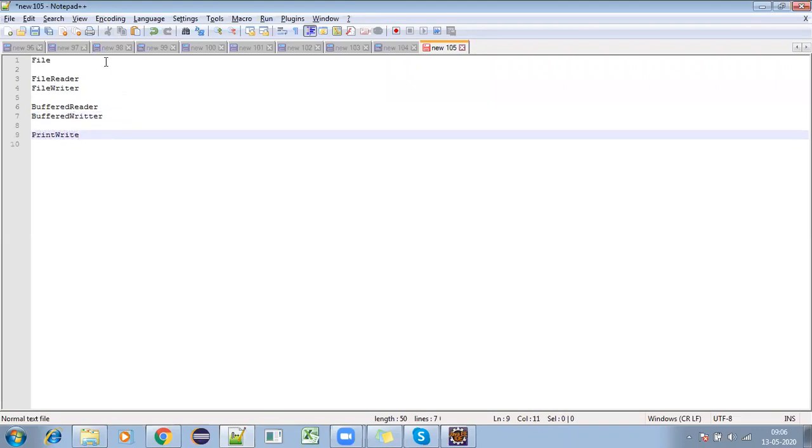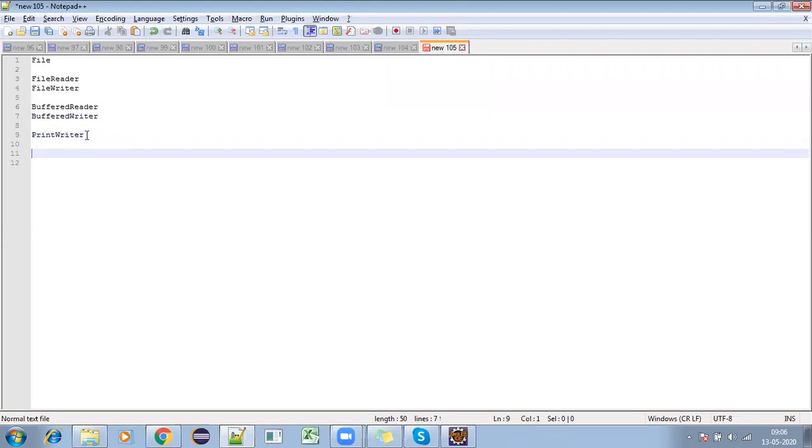What we will be going to do here is create files from the Java code. If you want to communicate with the files and get anything from the files, and if you want to update any files through your Java code, then we'll be doing it by using these concepts.